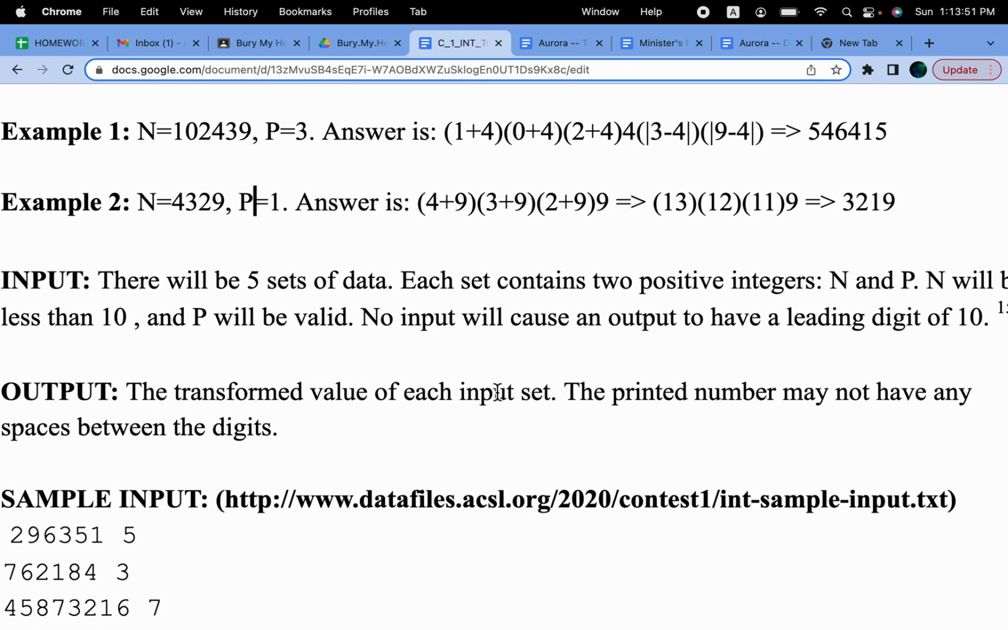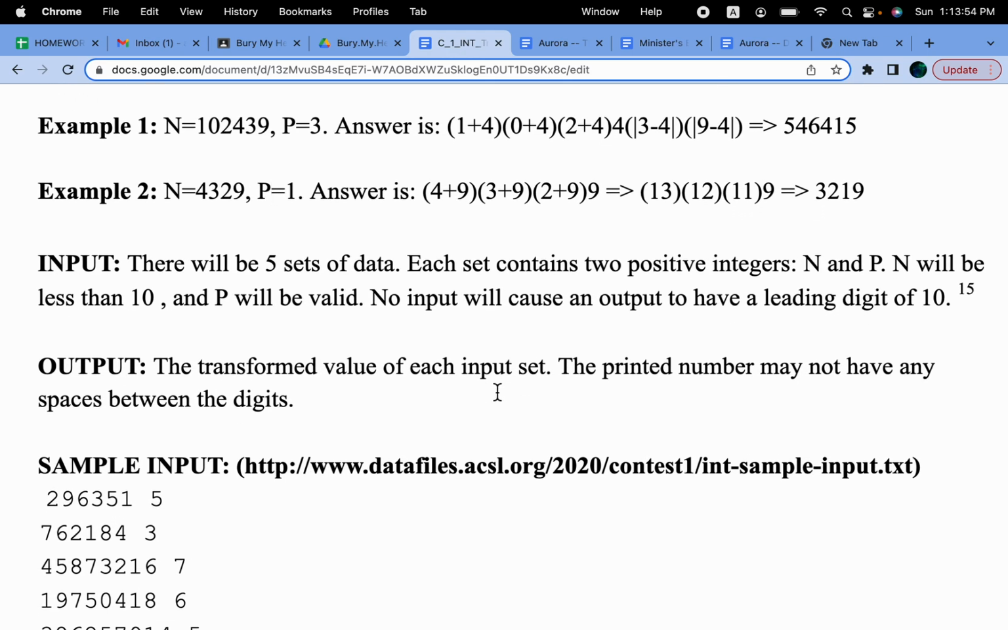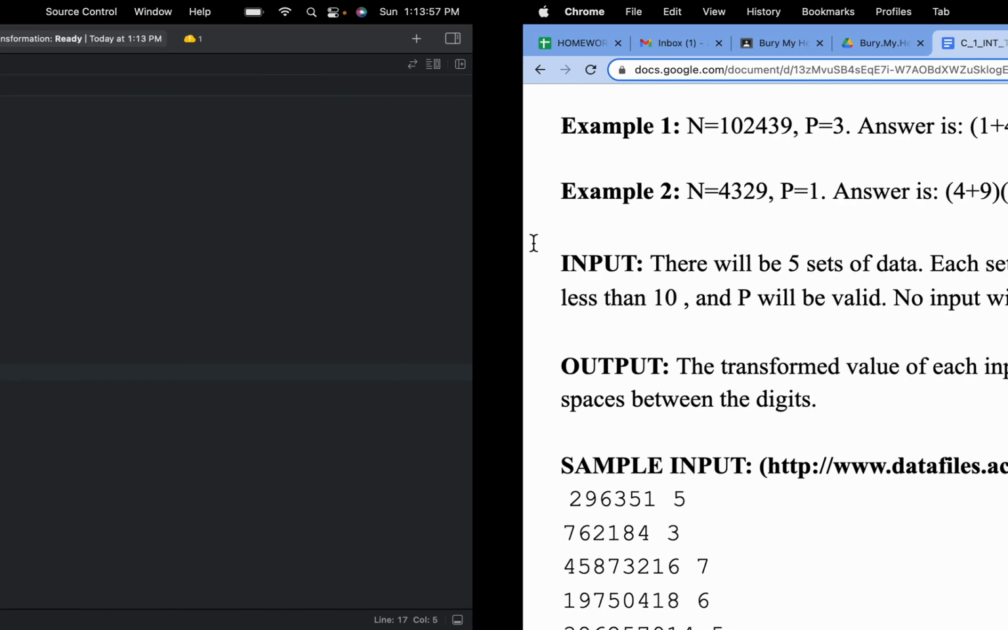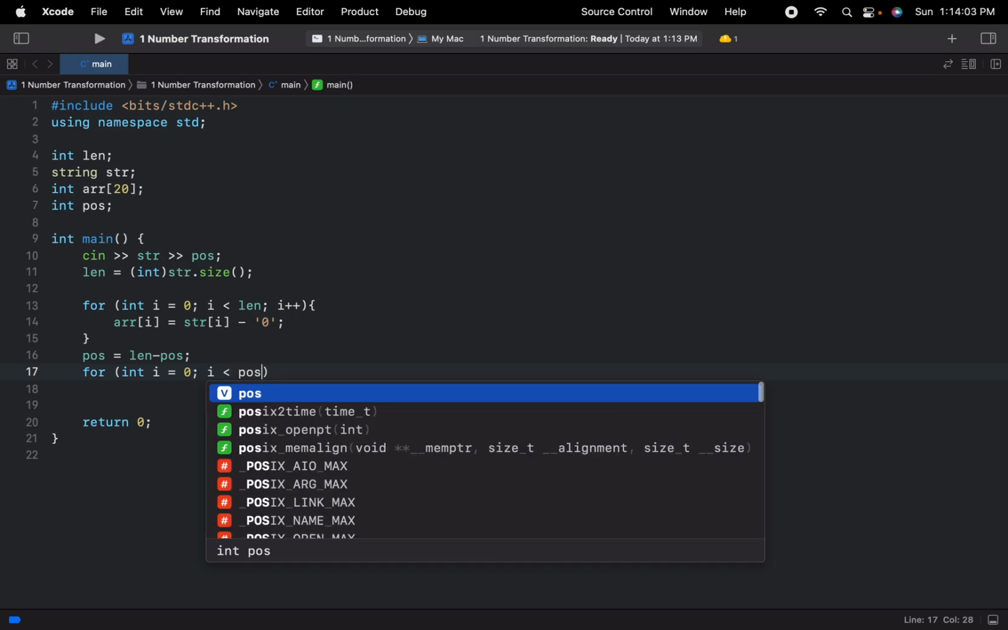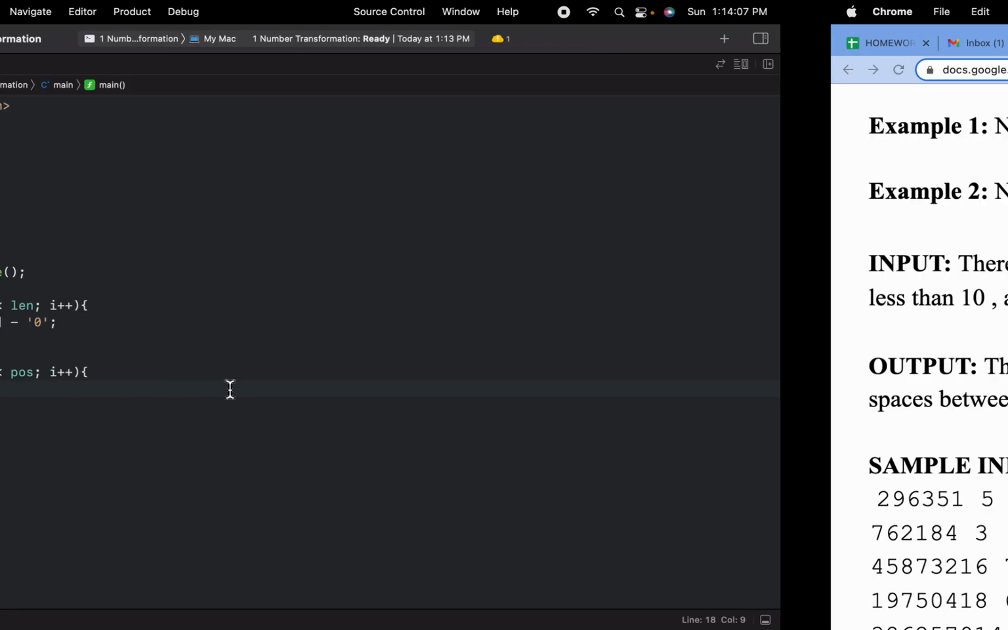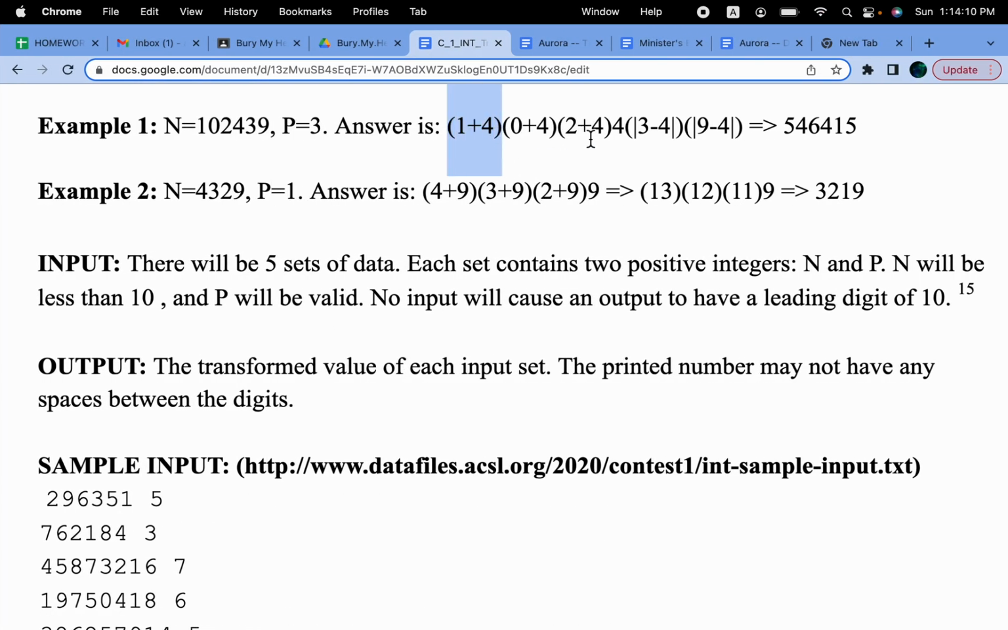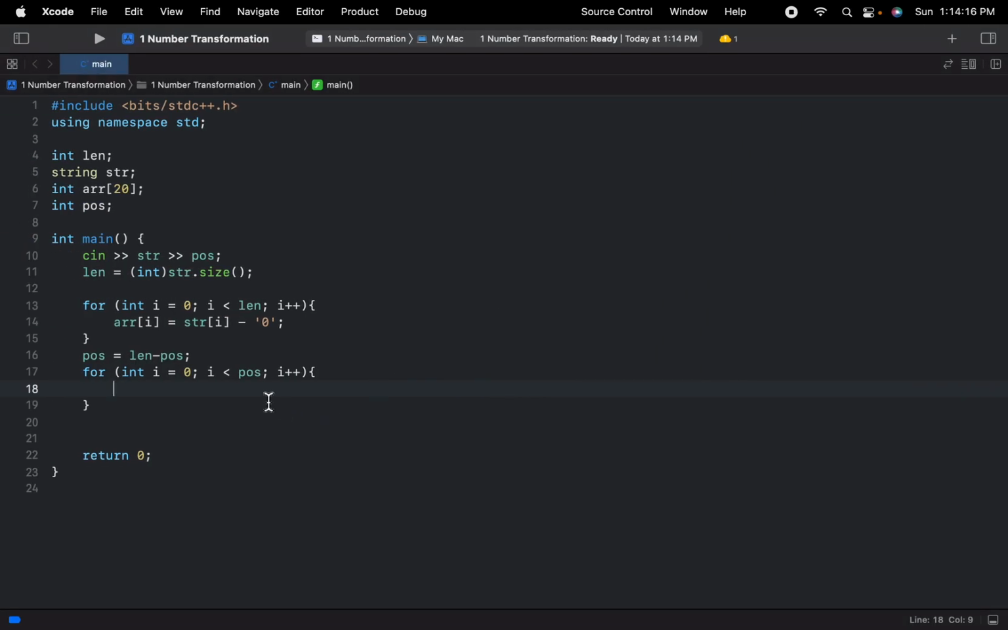So now that you've transformed what the question gives you into what you need, all you need to do is follow the instructions. Here we are iterating from the left, the first element, to the one right before the one at position. So all you need to do is add the one at position, and then if the array at i is greater than or equal to 10, then you